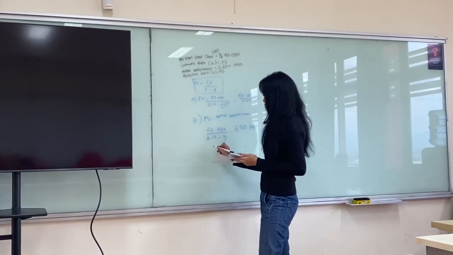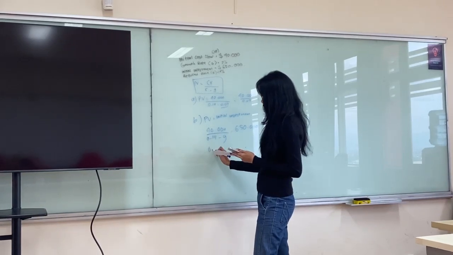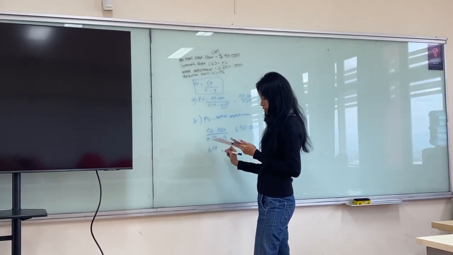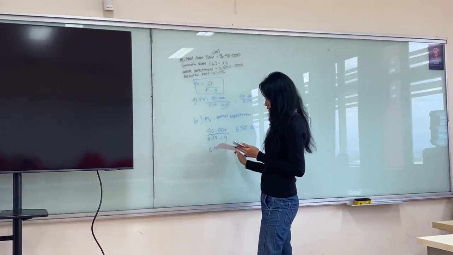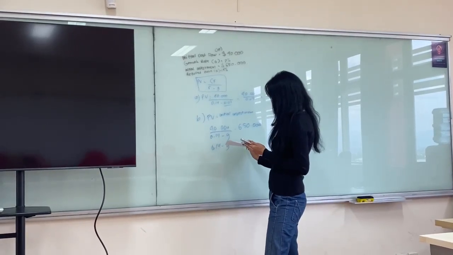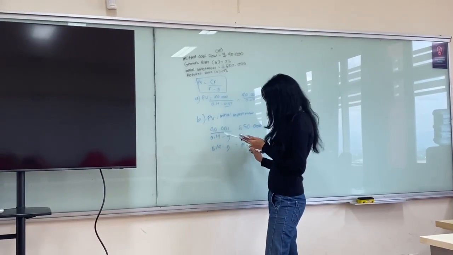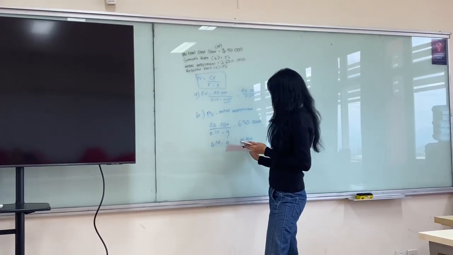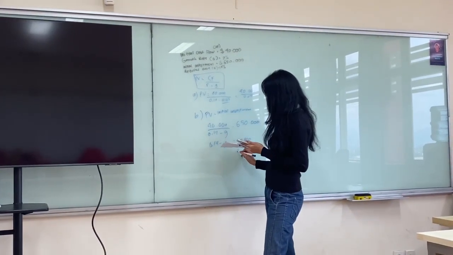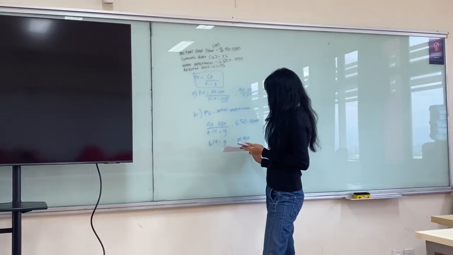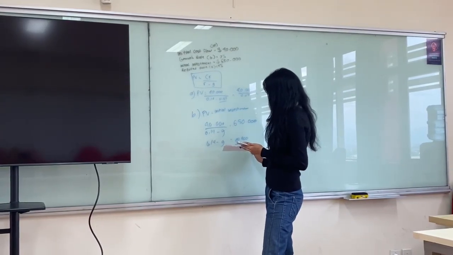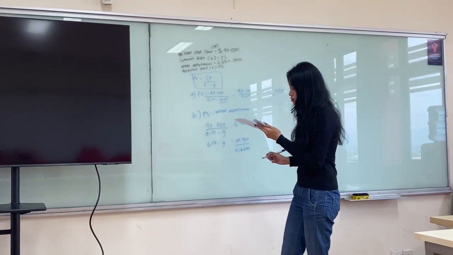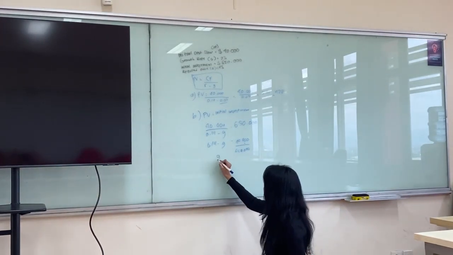And do it again: 0.14 minus G equals 40,000 divided by 650,000. So the G is